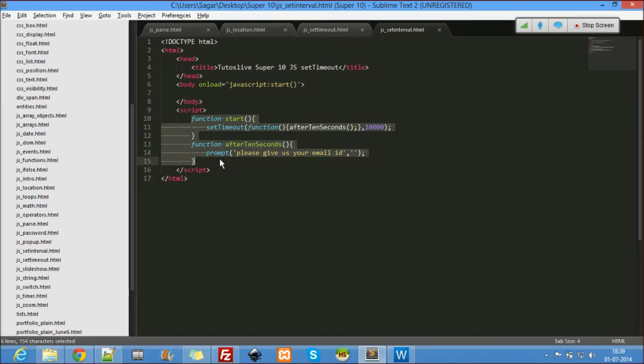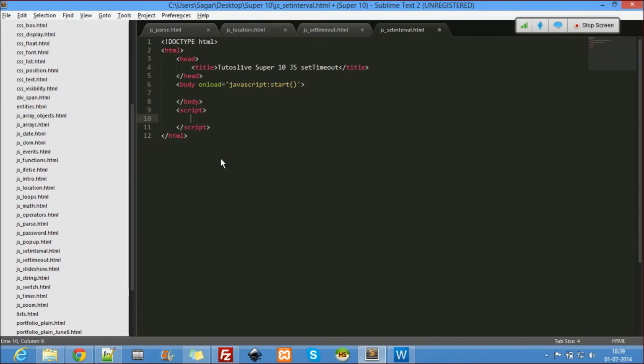So let me just remove everything here. So no onload. Here I'll give a div class equal to, sorry, let's use ID. Div.